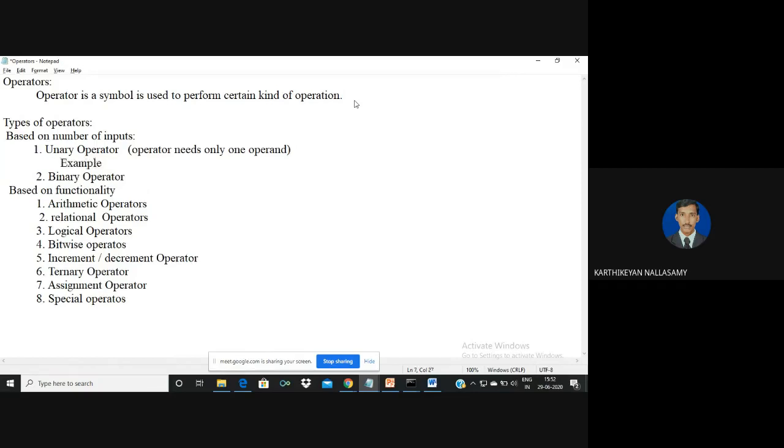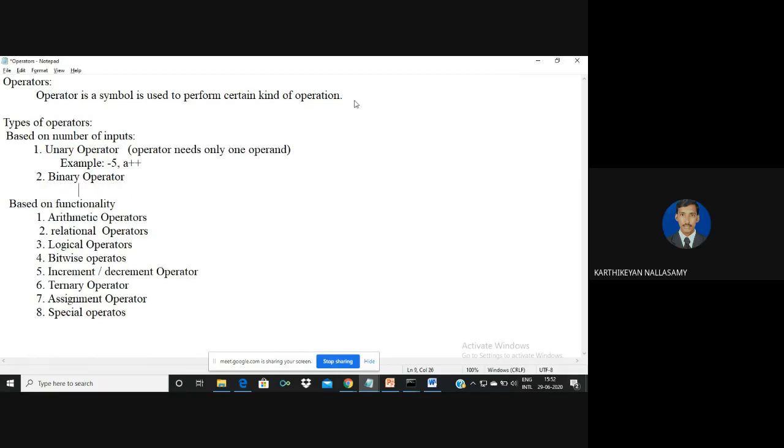For example, I'm going to say minus 5. Here minus represents the sign of the number. So here minus is an operator and 5 is an operand, that is, a value. Then it is called a unary operator. Clear? Also, the increment and decrement operators come under the category of unary operators, because there is only one operand and this is an operator. When an operator needs only one argument, that is, only one operand, it is called a unary operator.